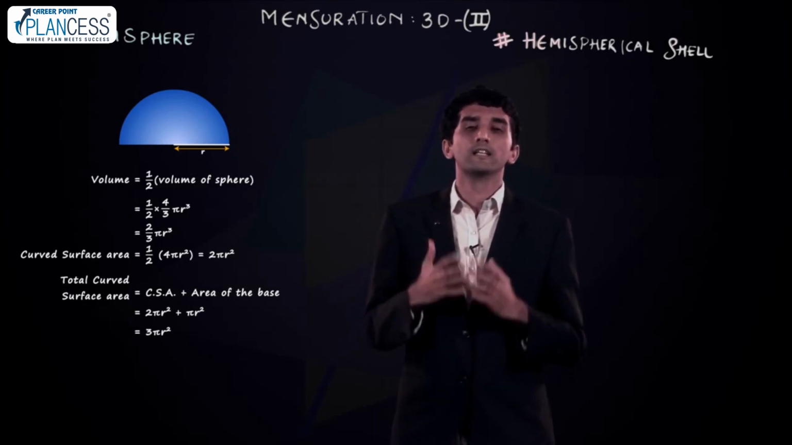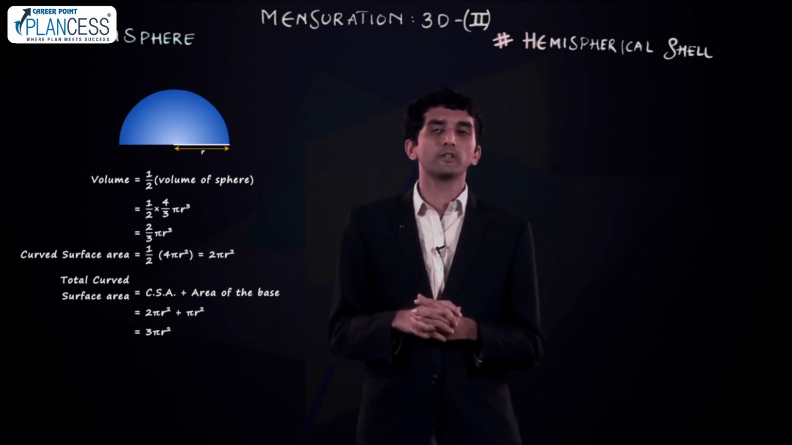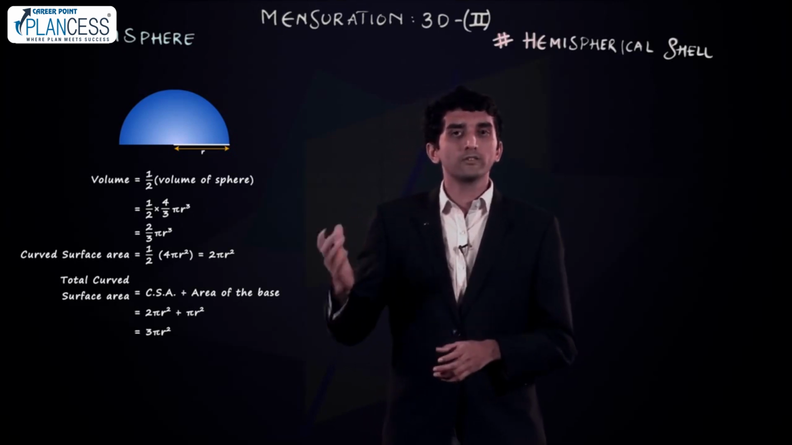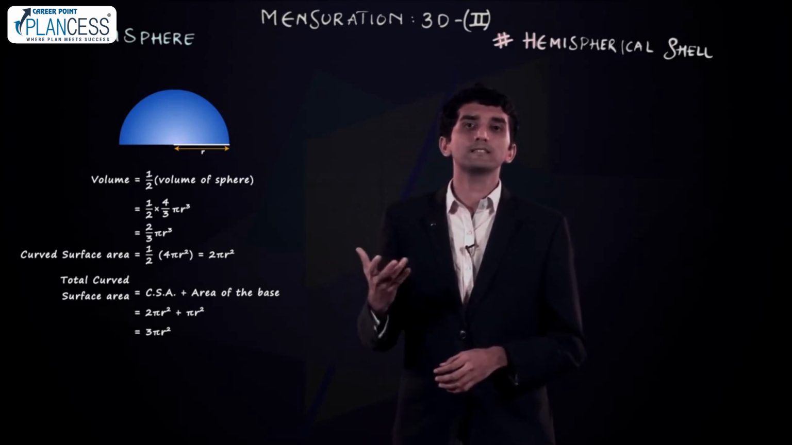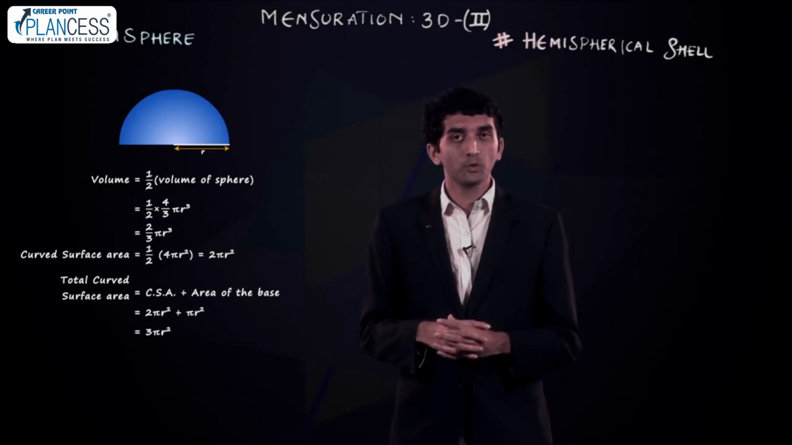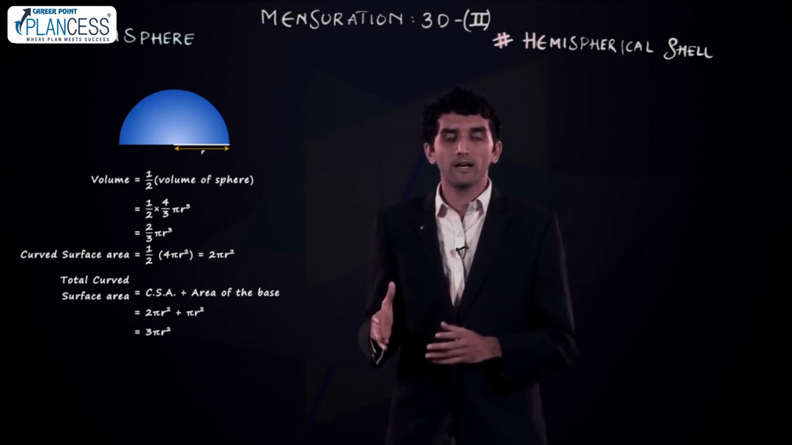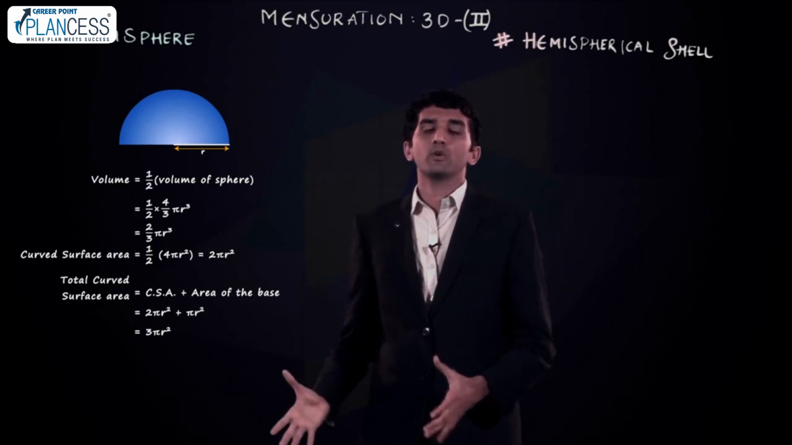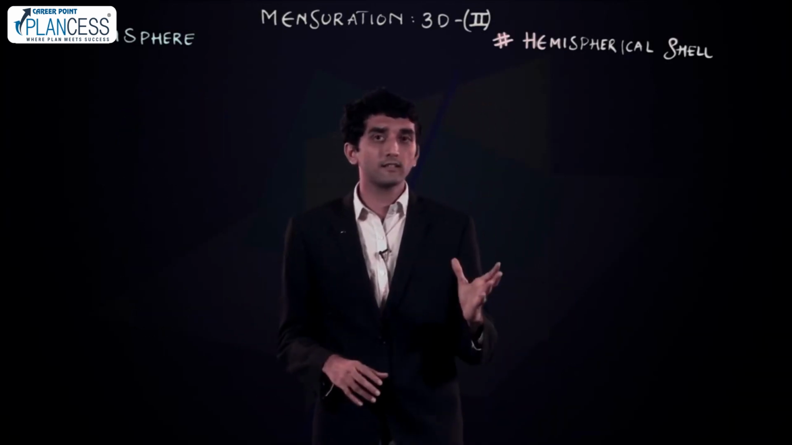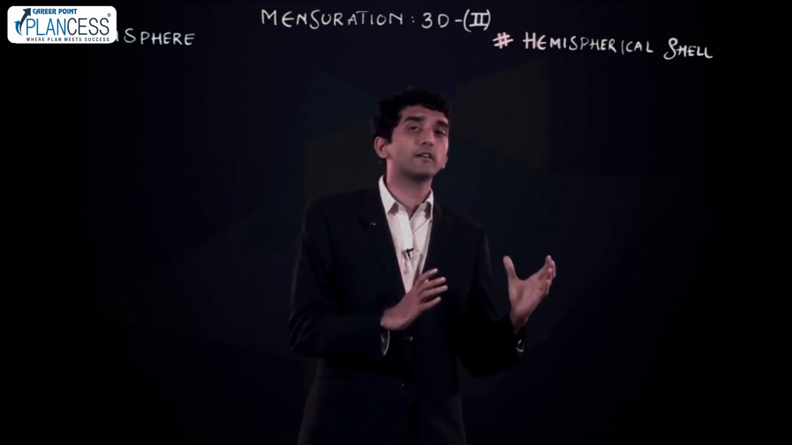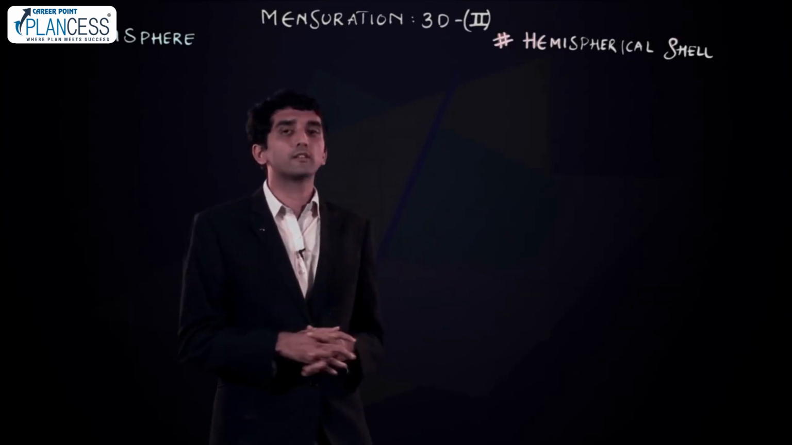And lastly, the total surface area of a hemisphere is equal to the curved surface area of a hemisphere plus the base area, which is equal to 2 pi r square plus pi r square, which is equal to 3 pi r square. Now, understanding about hemisphere, let's turn our attention to a further extension of this, which is the